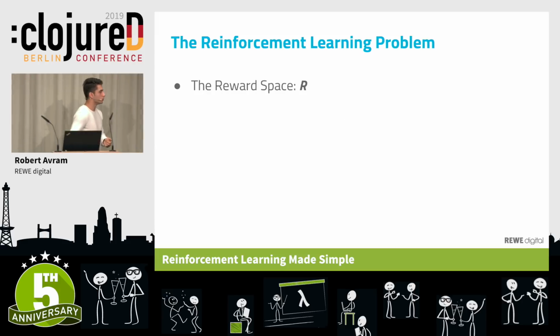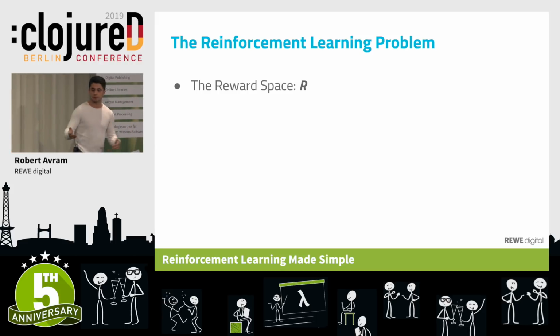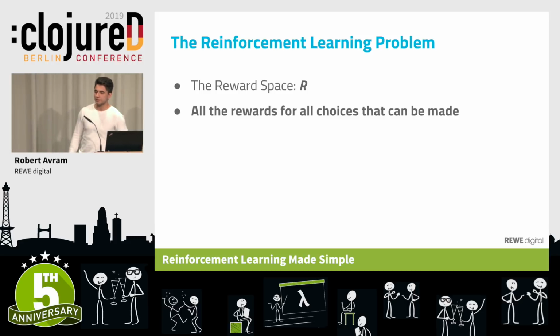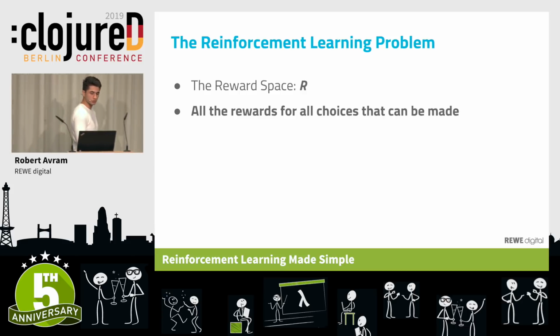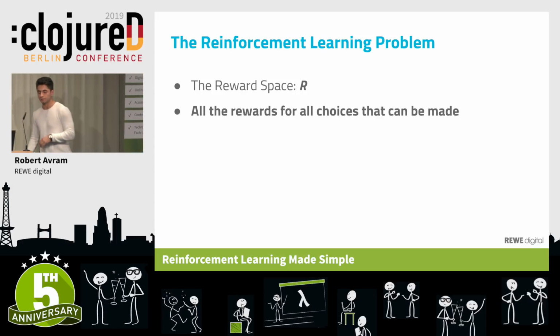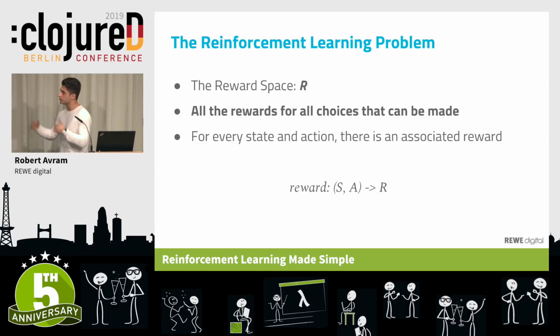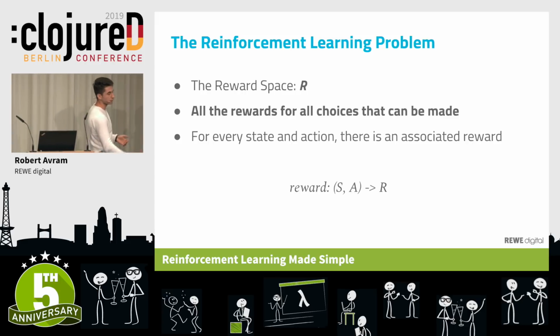The next quantity is the reward space, and this is fairly straightforward. These are basically the reinforcements that I give to my agent every time he makes a choice. Now, the question is, what is a choice? And a choice is basically this idea that when he's presented with a state, he picks an action. By picking an action, he makes a choice, and you give him a reward for that choice made. And this basically tells him how good it was to do that particular thing in that particular state. And you can think about this as a function. For every state and action, there is an associated reward with it, which can either be a value, or cookies, or chocolate, or whatever you want.